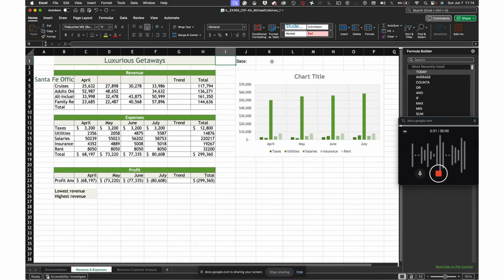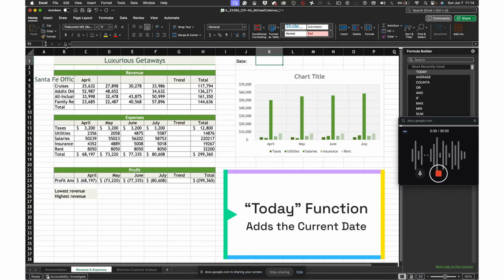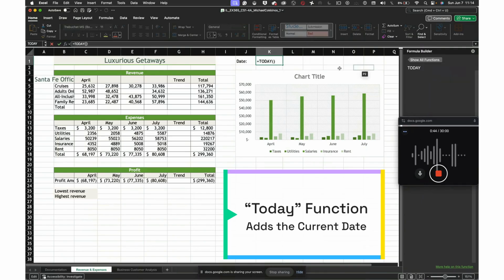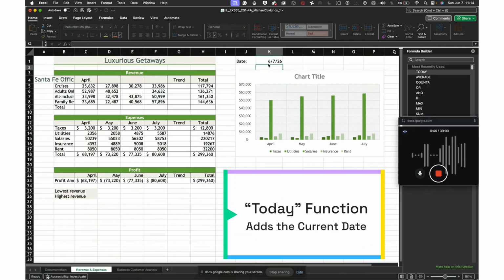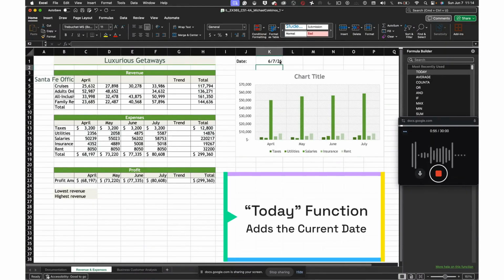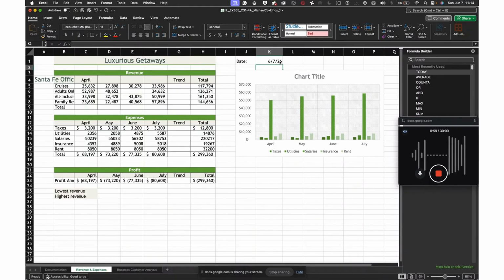The first thing was a dynamic date. So we're going to use the date function. Go to the function dialog box here. You can start typing today, but I've used it, so it's right here in the list. And if you double click, it's there, and just hit enter. So there it is, today's date. Every time you open the spreadsheet, it will look at the computer's clock and update the date, so it'll be the current date. The next thing he wants to do is fill the range D to F4 with a series